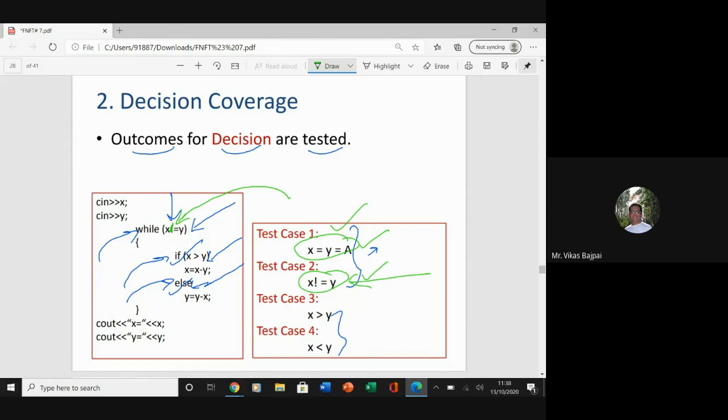In the next case, X becomes A and Y becomes B. That's how we are testing it. So that's how we go ahead with decision coverage, another white box testing approach, which gives decision coverage to the Boolean values.